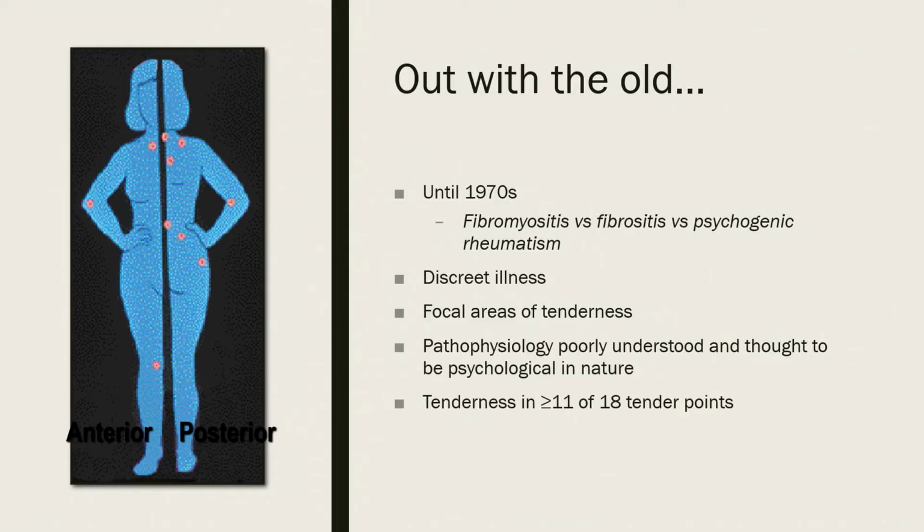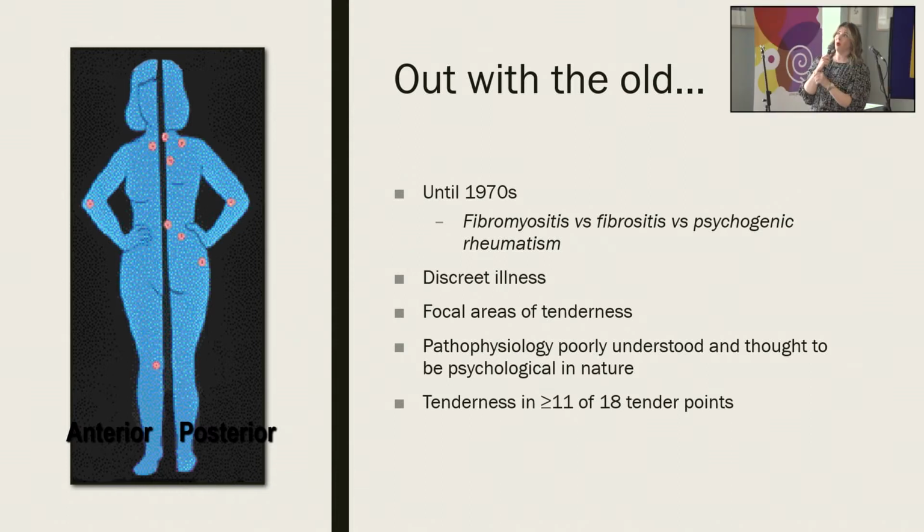This is the 1990 American College of Rheumatology diagnostic criteria. If you had tenderness in greater than or equal to 11 of these 18 tender points, which are generally commonly tender, like over your elbow bone, that doesn't feel great to push. Over your knee bones, there are a lot of prominences that are generally not tender anyway. What we found is that this over-diagnosed females and underdiagnosed males, because,